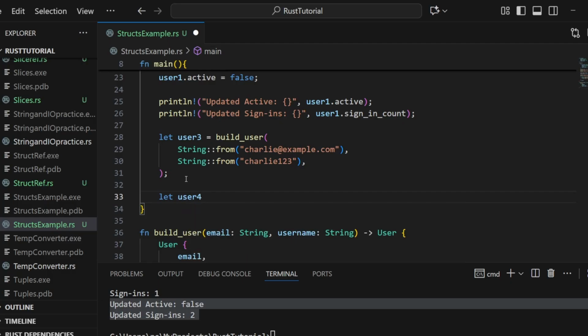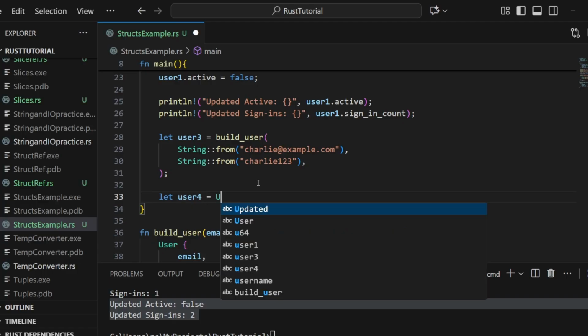For example, if I want to create a new instance named user4, in which I want to keep some of the attributes of user3, and for the rest of the properties, I will provide newer values. So to do so, you can proceed like this: